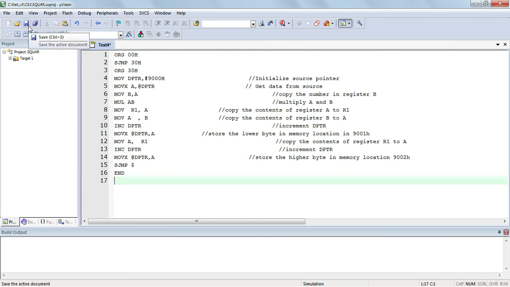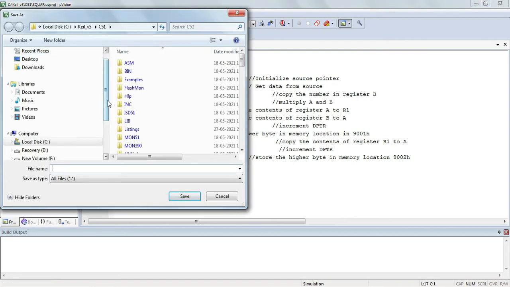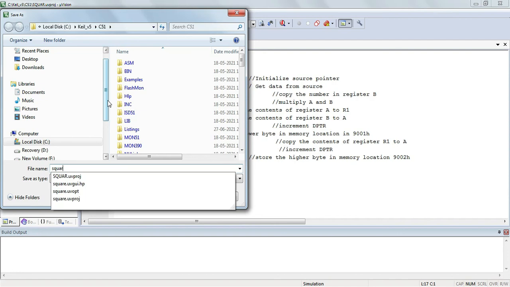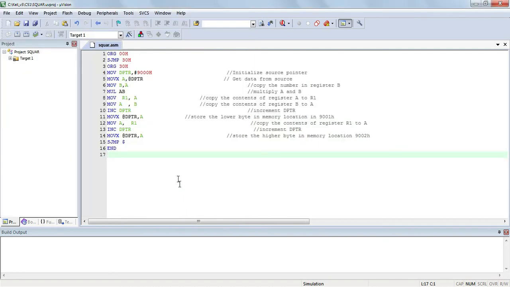Click on Save, go to File, Save, or the Save icon, and then we can save it with the same name as that of the project, or we can give a different name, but the extension must be .asm, and then click on Save. When we click on Save, we can notice that the color of the keywords has changed, and the numbers and addresses have also changed.